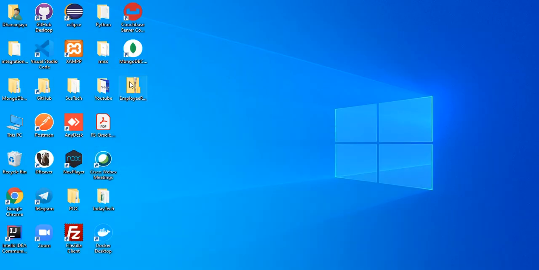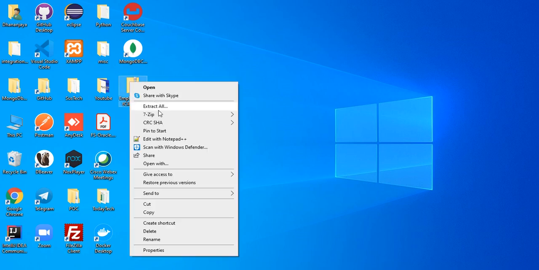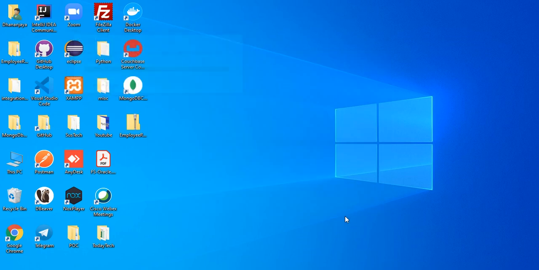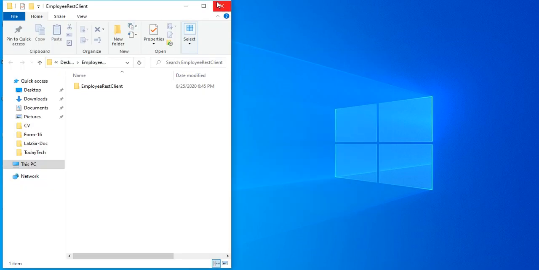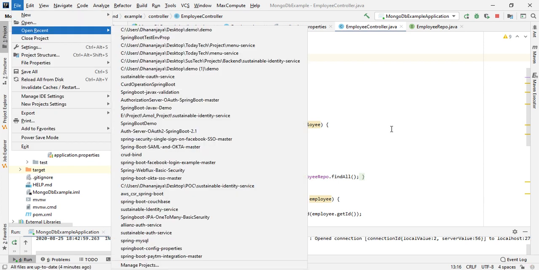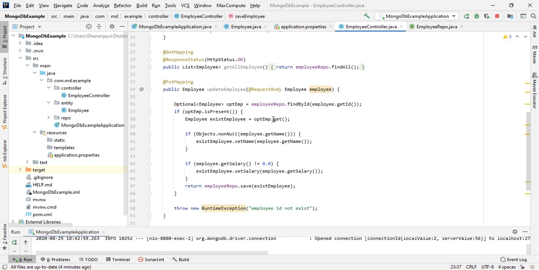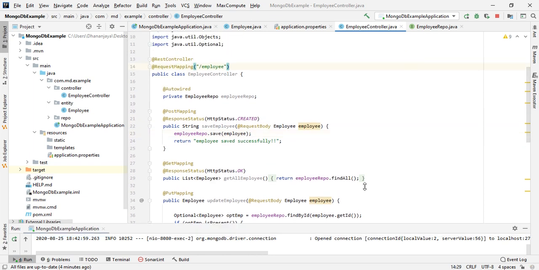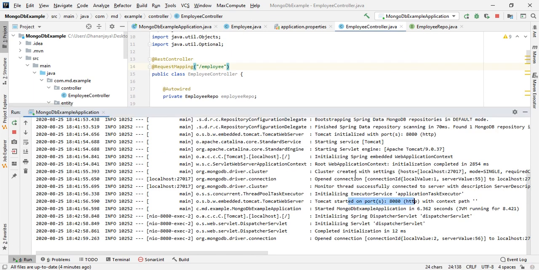Project downloaded. Let's extract that. Okay, let's import that in IntelliJ. So in the previous example, we have covered this CRUD operation using MongoDB. I have started the server on port 8080. It's already running.